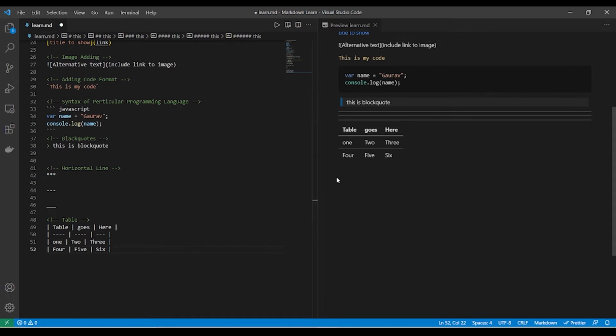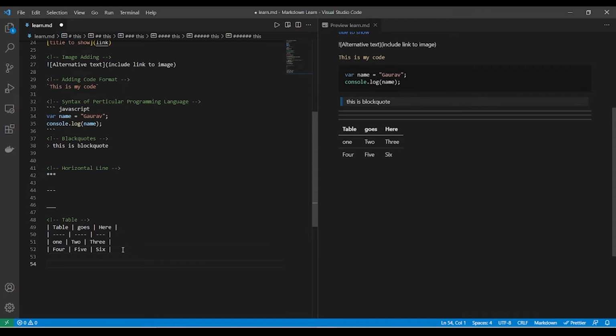Now you can see that the markdown has automatically given the table a very light shaded line that divides the other rows. So this is how you make the table.